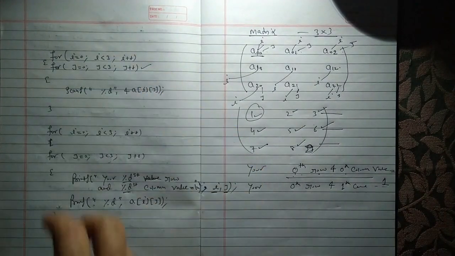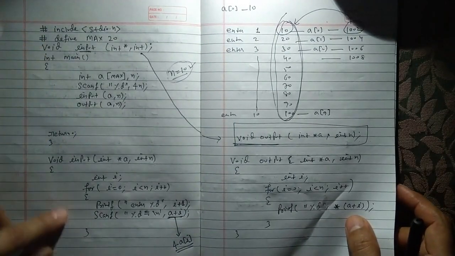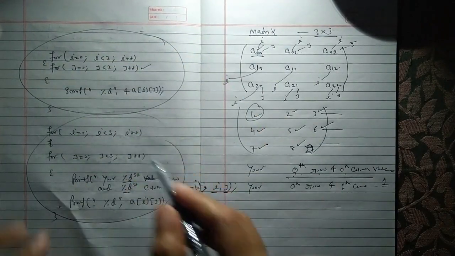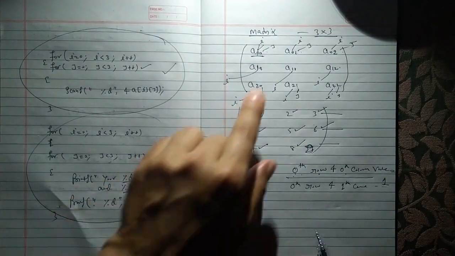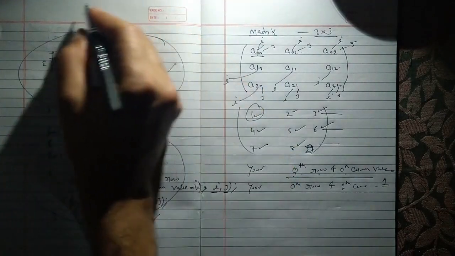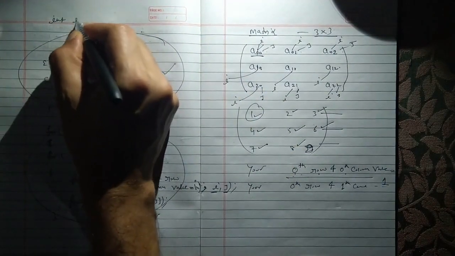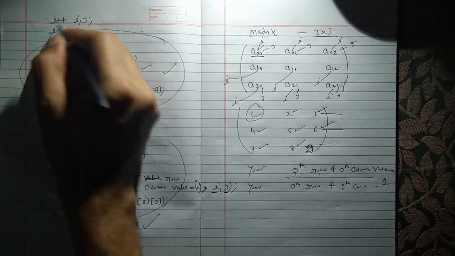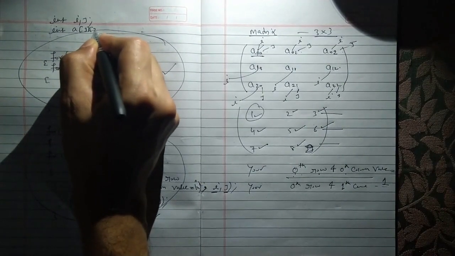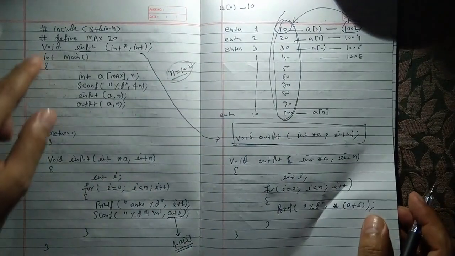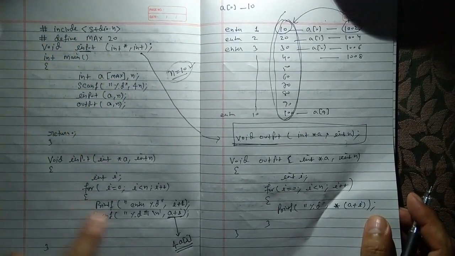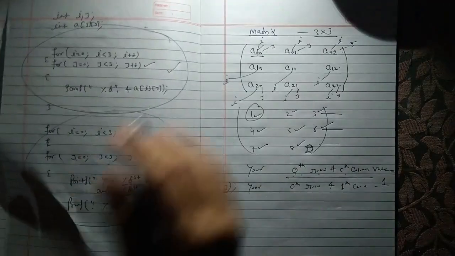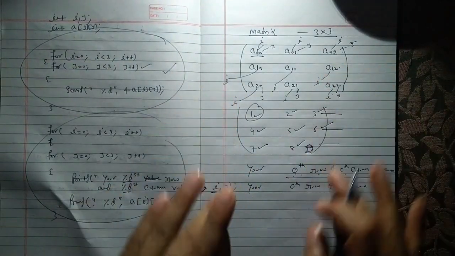Now you have to write this code. Everything is the same, but inside your body you have to write this and this. So this is for input and this is for output for the 2-dimensional array. You have to write int i, j, and also int a[3][3]. Everything is the same, the include and so on. Only inside the main function you have to write this one, then your output will be like this.